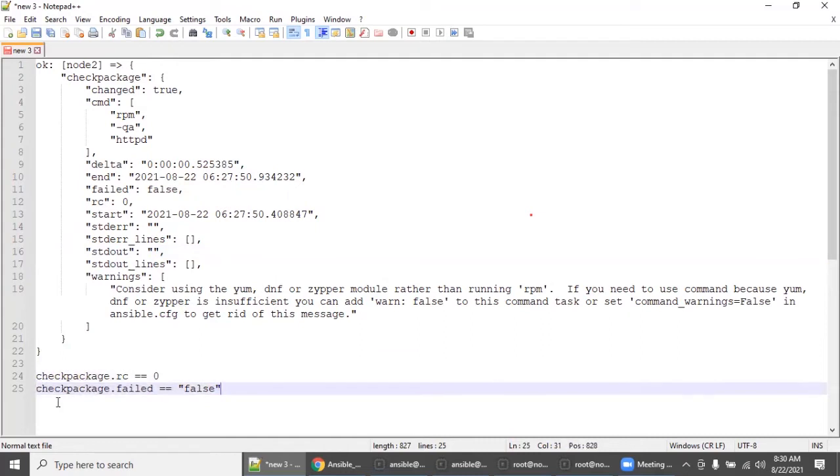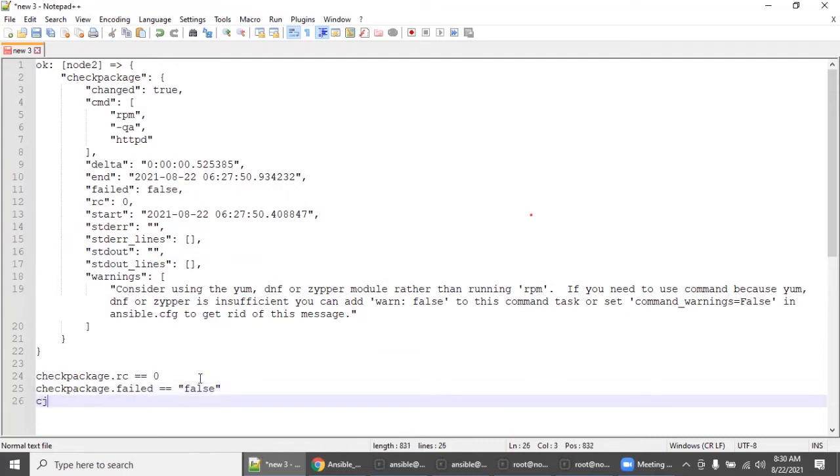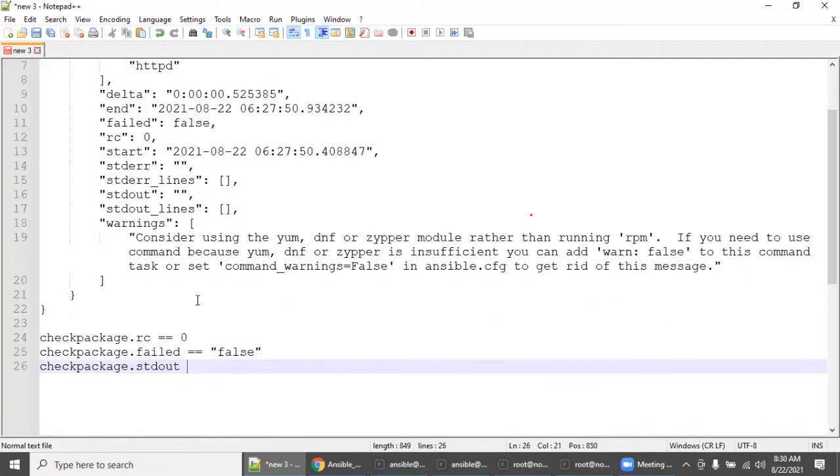So check_package.stdout, okay, how do you define this? Either you can say equal to null, which means the package is not there, correct?